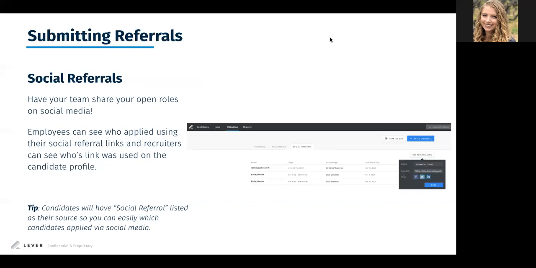Alrighty, one other thing that you can do here is under this third tab called social referrals, you will be able to get a referral link. So you can actually create a URL to then share with your